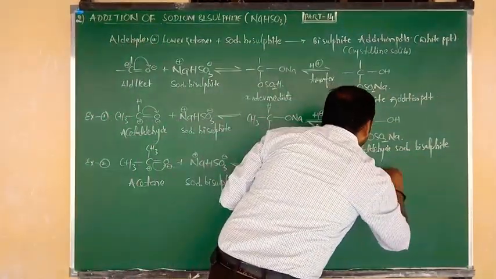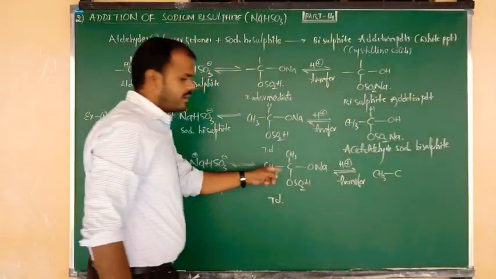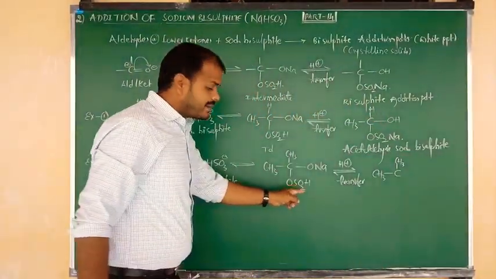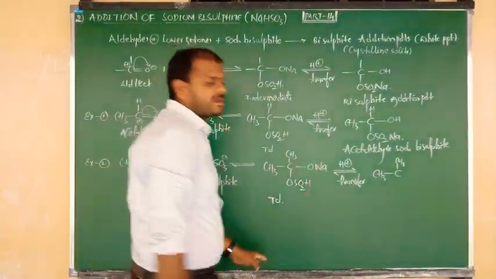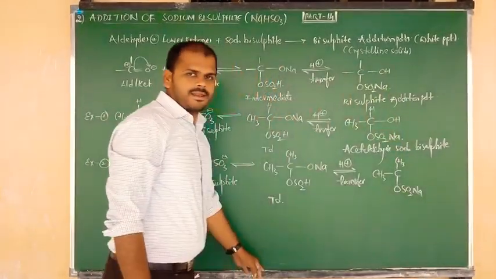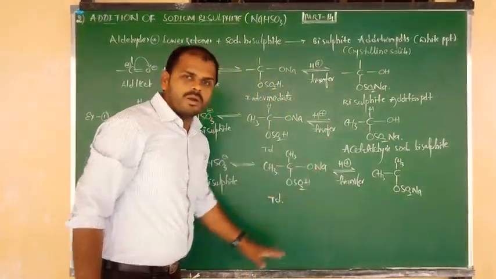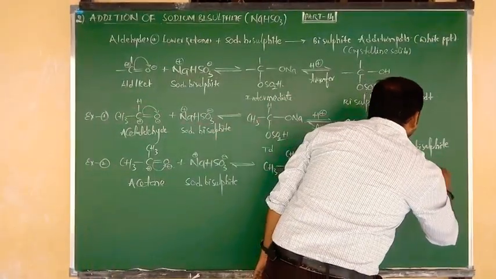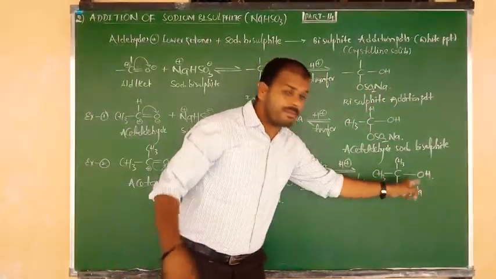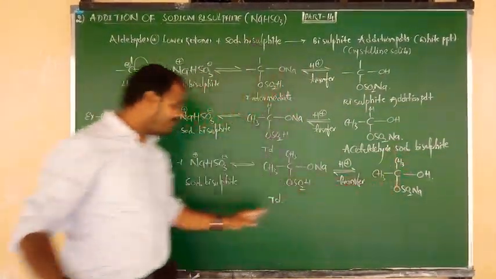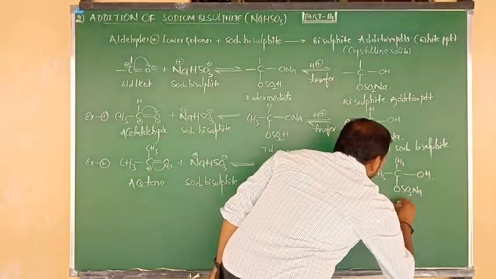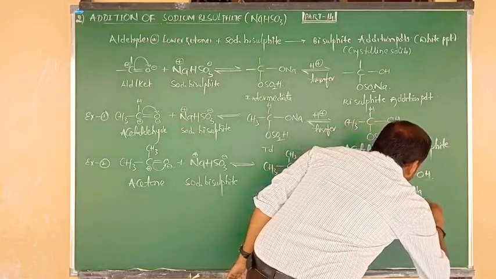So only by the transfer of proton, the position of H is taken by sodium, the sodium position is taken by the proton, beta. So what will be the final product? CH3 bonded to C. Above plane we have to write CH3. Below plane we have to write OSO2H, okay, H taken by Na, so we have to say OSO2Na. Clear now? Remaining is O bonded to Na, but here Na plus is taken by what, Nana? H. So this is the sodium bisulfite addition product. But this is coming from where? Acetone. So that's why we have to say the compound name is acetone sodium bisulfite.